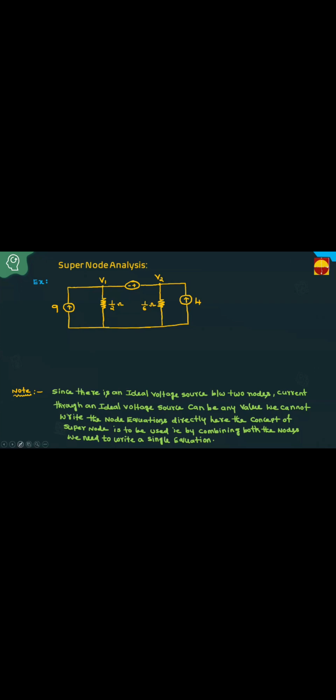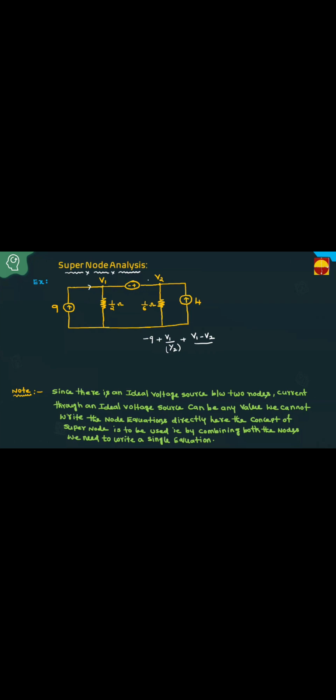To explain supernode analysis, let's consider one example. Why the supernode analysis? What exact concept is involved in the supernode analysis? For that, let's consider one example. If you try to apply the nodal analysis for this circuit, students, then what is the nodal analysis? The current entering at the V1 node is minus 9 amperes, plus V1 by 2, plus V1 minus V2 by